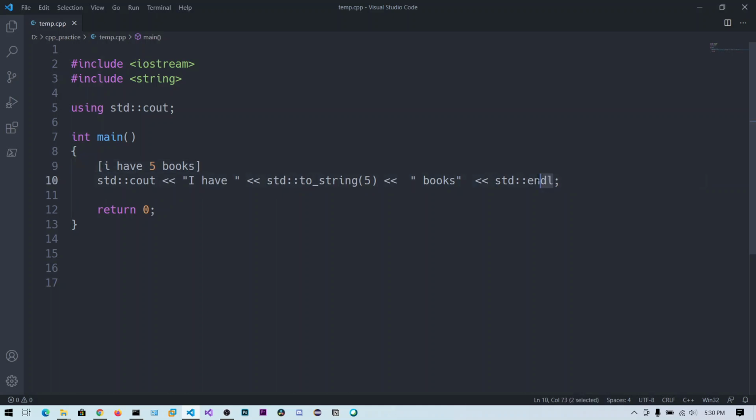After this endl, if you came to the next line, this buffer will be flushed. That means this will be gone. So the buffer will be empty if you use endl. If you use backslash n, then the buffer remains here, the string that contains this cout. Okay, so that is the major difference between backslash n and endl.